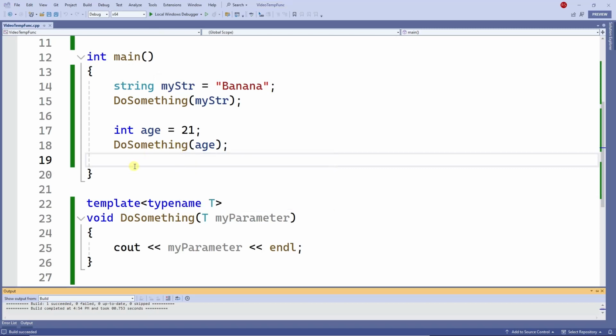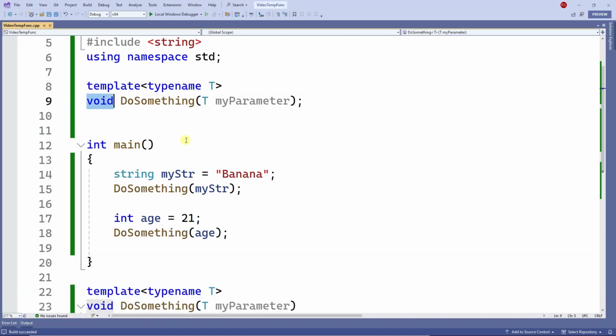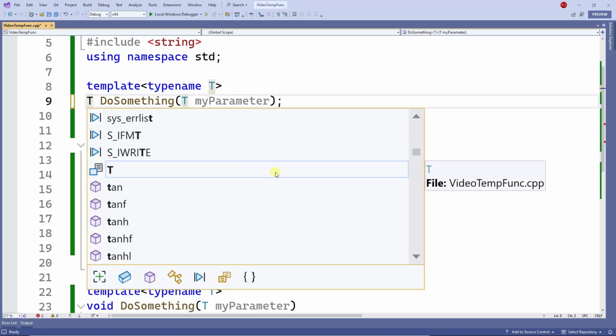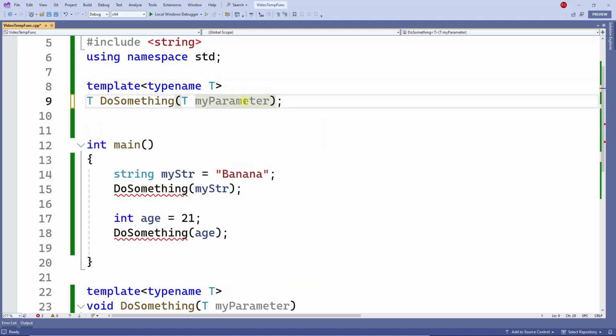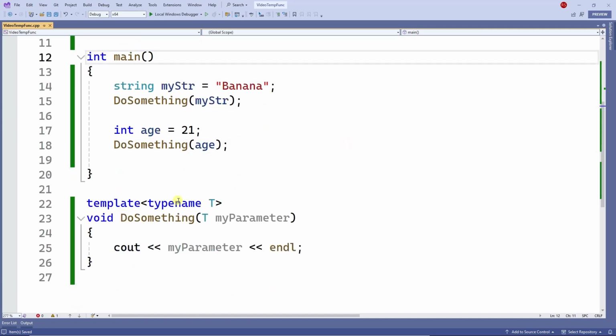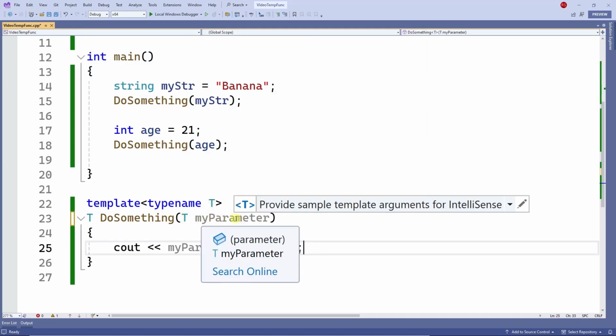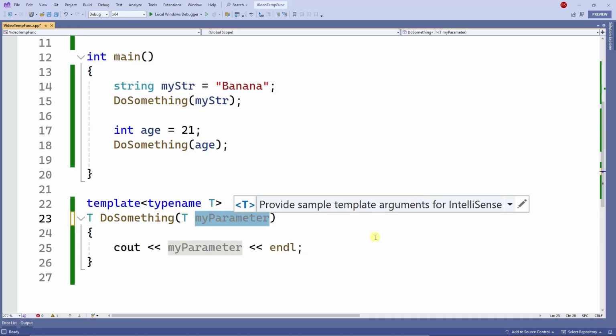Now, we can also have a returning data type. So this function here is a void, but we can also have a returning data type. So I'm going to put a T here, and T is the generic data type. And then on the parameter list, I can put two parameters, or as many parameters as you want. So I'm going to create the function with two parameters. And then here, from void, I'm going to change to T, and then the T here is going to be parameter 1, and then T,